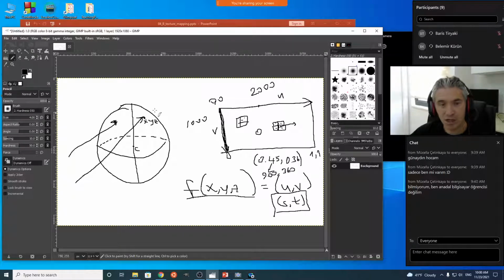Okay, so this column here is going to map to this location, and as I go along this sphere in this direction, for each angle, the 360 degree angle starting from here and going all the way around is going to map to 0 and 1 here. So in other words, 0 to 360 degrees for the columns, okay? And for a point here,